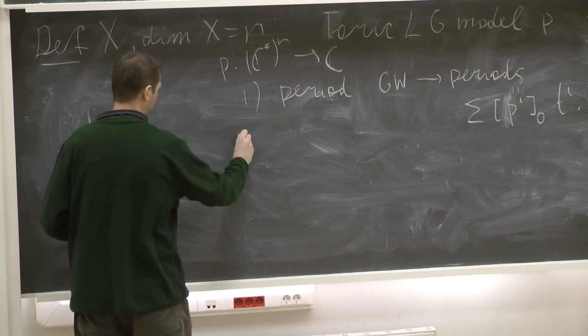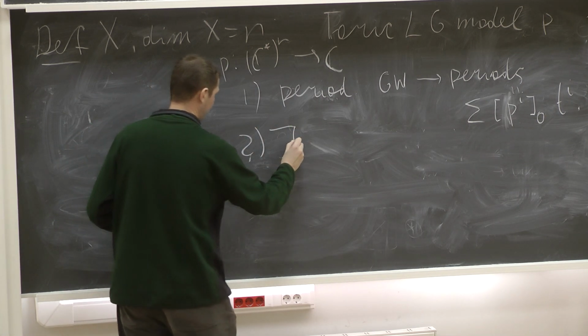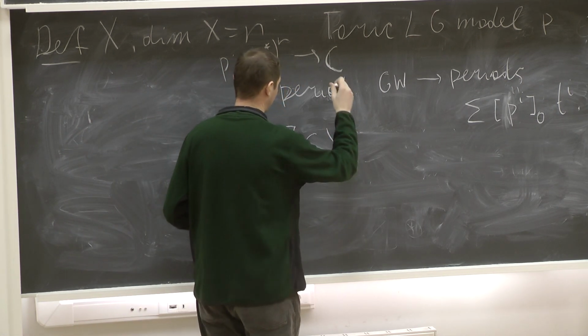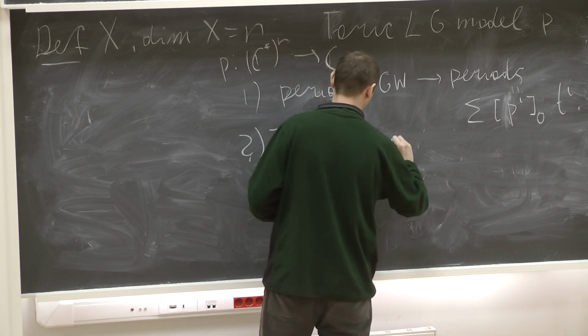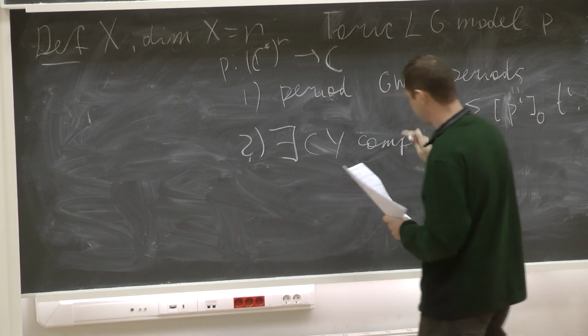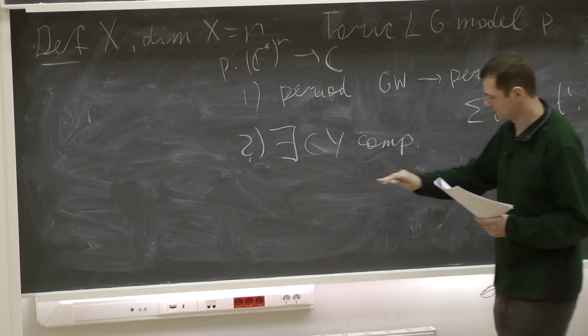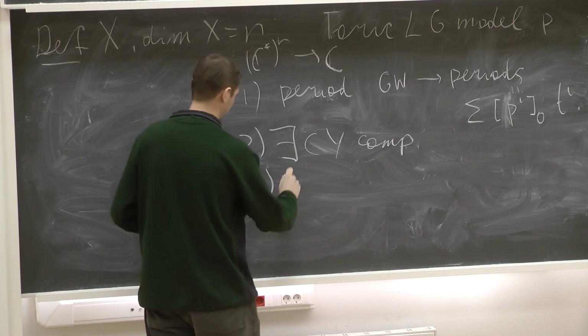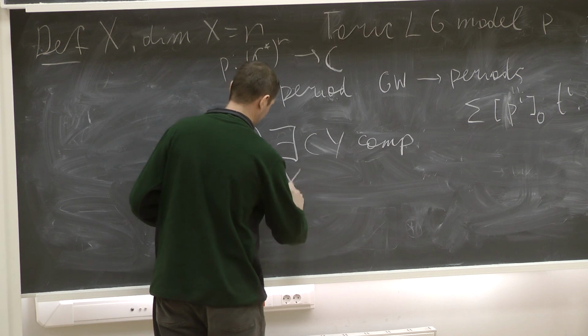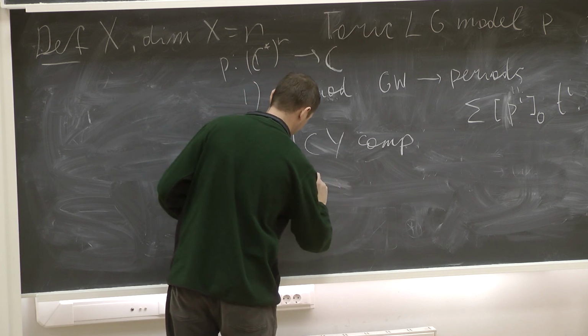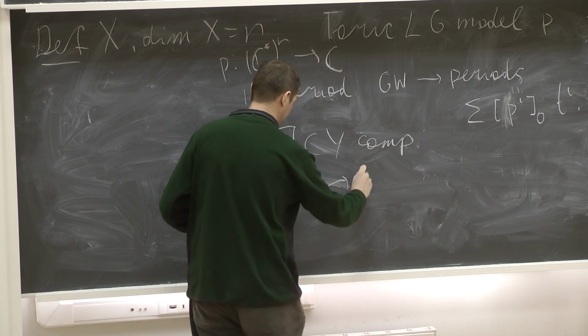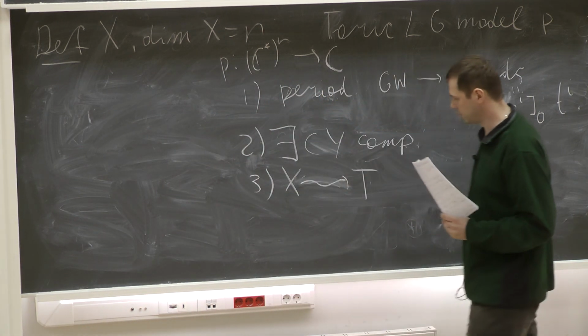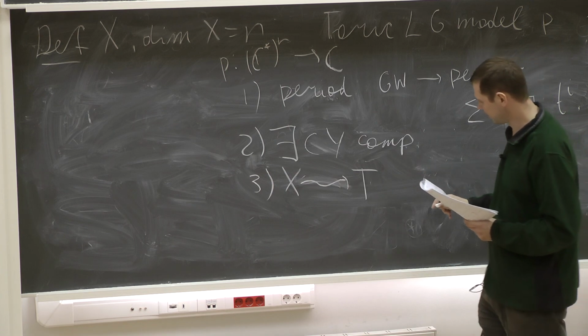Then there should exist a Calabi-Yau compactification of this family. I'll say in a minute what it is, because it's important for us. And the third condition: there should exist a toric degeneration of X to some toric variety, maybe ugly, but toric,